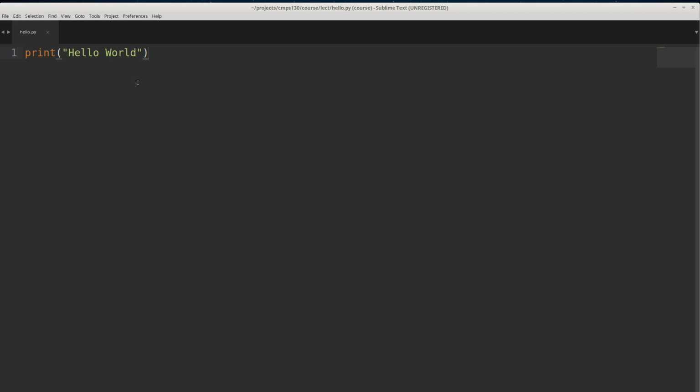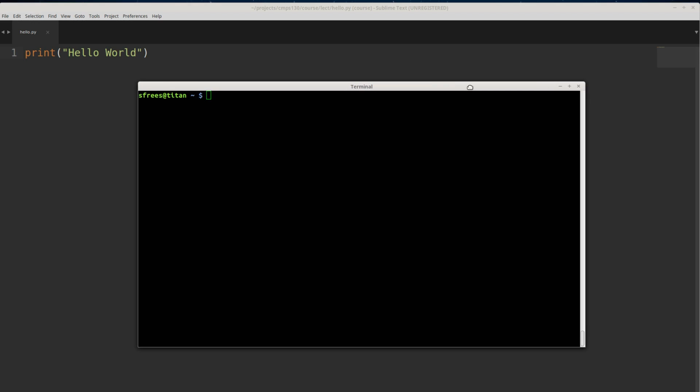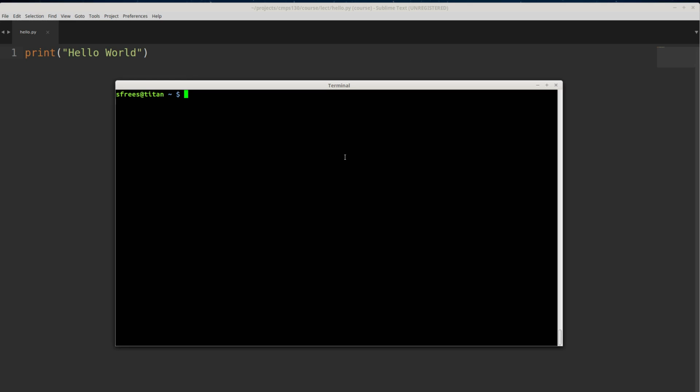Right now, I can't execute the program. So this is just a simple text file, binary code, text ASCII code. So I'm going to open up my terminal. Right. And so again, I'm on Linux, so this looks one way, and on a Mac it would look a little bit different. On a Windows machine, you'd be using the command prompt, which has some slightly different commands. So I'm going to start off by typing ls, and that's going to tell me what's on my actual